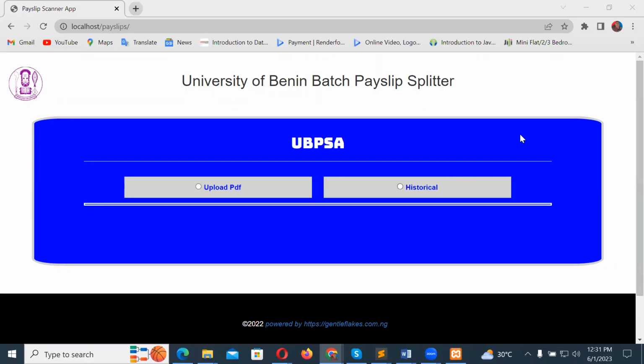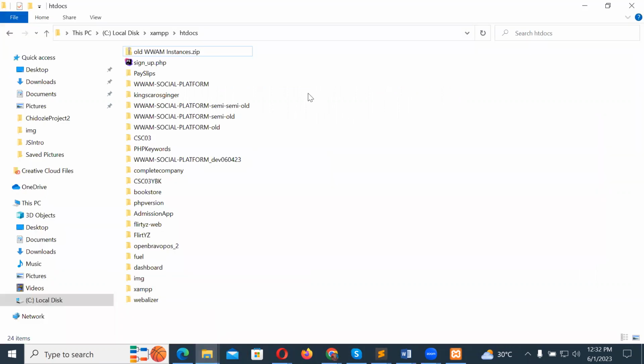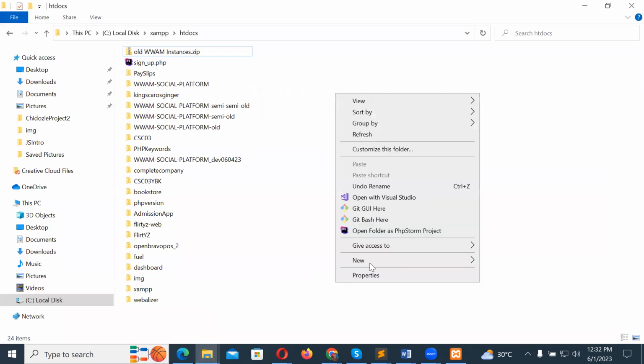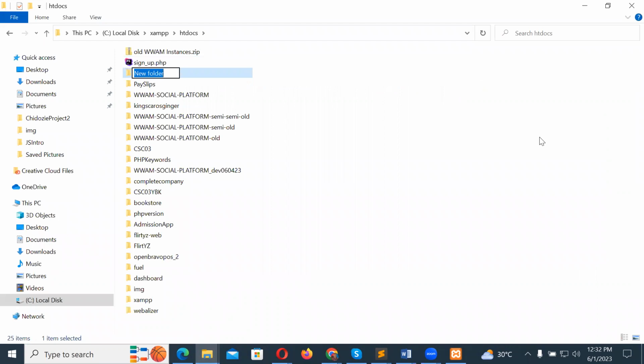Welcome back. So I said when we come back, we're going to write our very first application right now. So what is the step like? What's the process like? You need to come to your htdocs folder and create a project folder. So I want to create a project folder here now. A project folder, and I'm going to call it my first